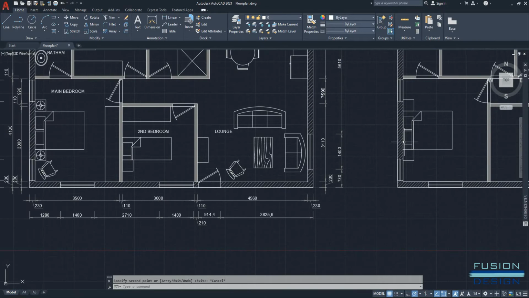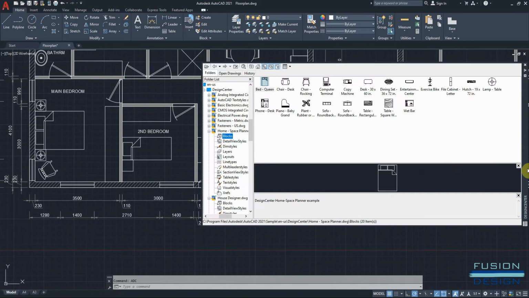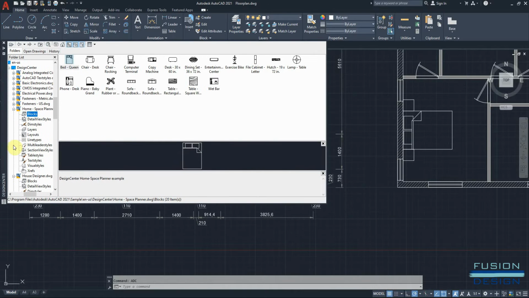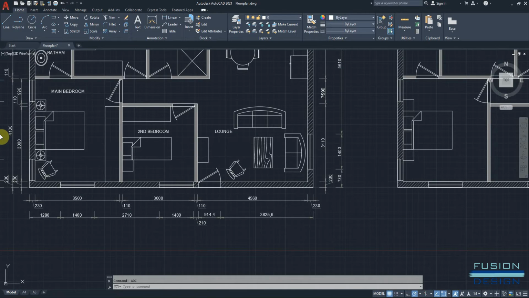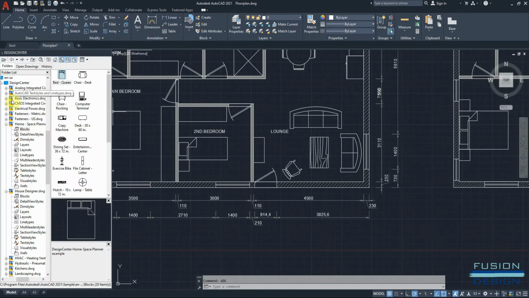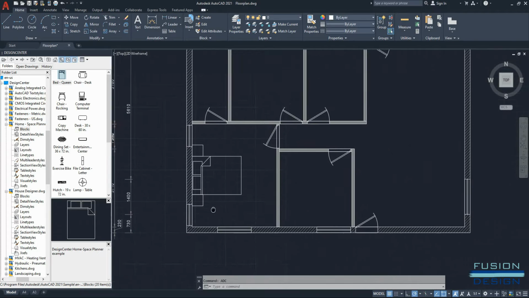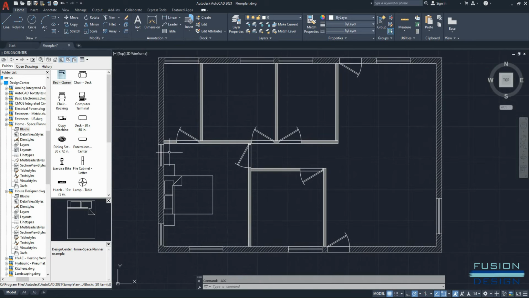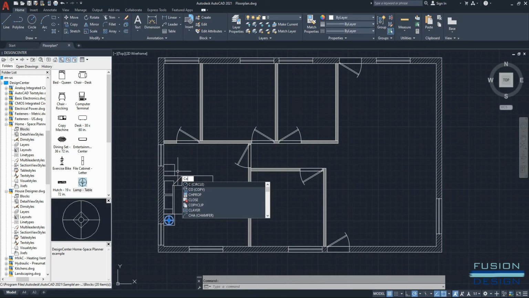Next we're going to place some table lamps on there, so ADC again, and you'll see my Autodesk Design Center is located here on my right hand side. I'm actually going to move it to my left, and if I move it closer to the edge I will dock it on the left hand side. I'll bring my new floor plan in view and I'll select the table lamp, move it where I want to place it and release and create a copy